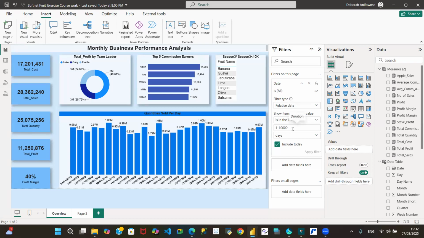Okay, so relative date. And I say show items when the value is in the last, the last 1 month, okay? I can put 1 here, in the last 1 month, okay? And include today. If I don't want it to include today, I will untick this, and I will apply the